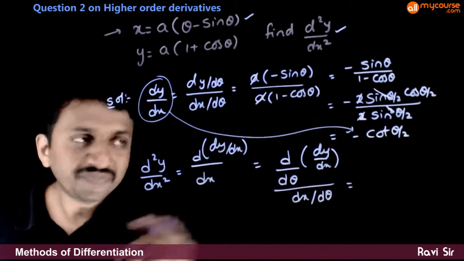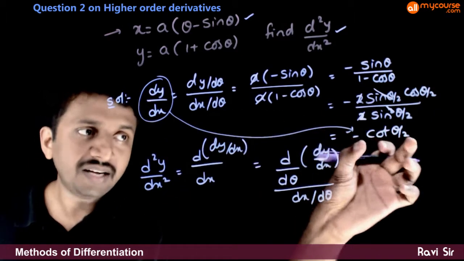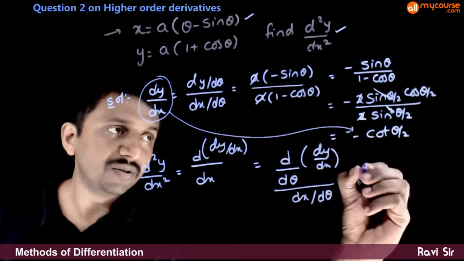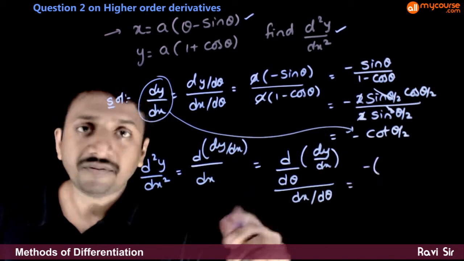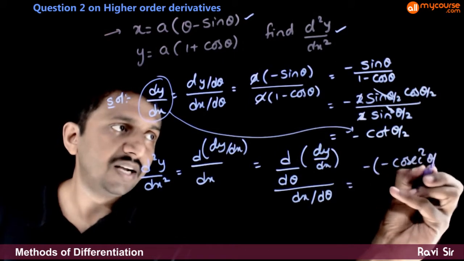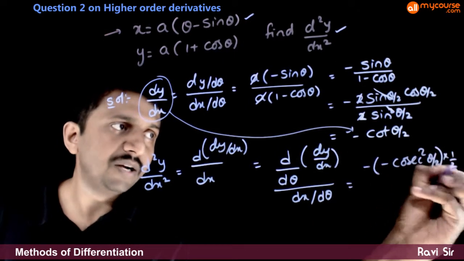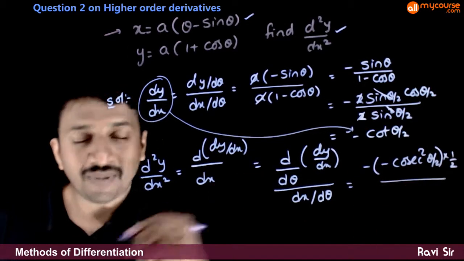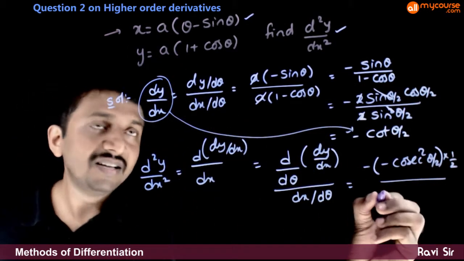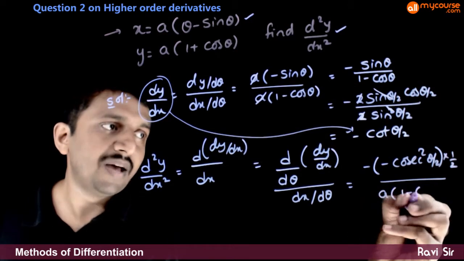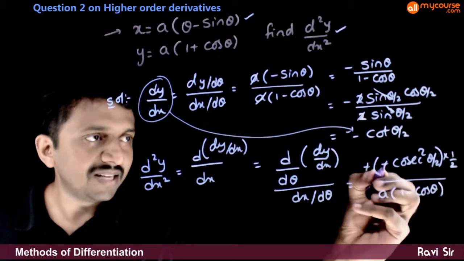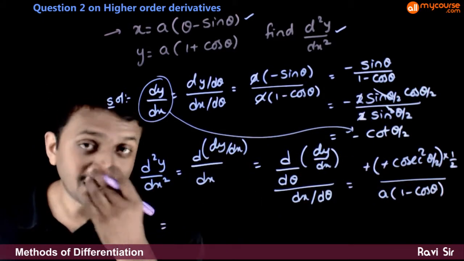That is equal to, so whatever dy by dx you get, differentiate it with respect to theta. So minus cot theta by 2's differentiation is minus of minus cosecant square theta by 2 times 1 by 2, divided by dx by d theta, which is extra. So what is dx by d theta? A times 1 minus cos theta. So minus and minus get cancelled. So the answer is